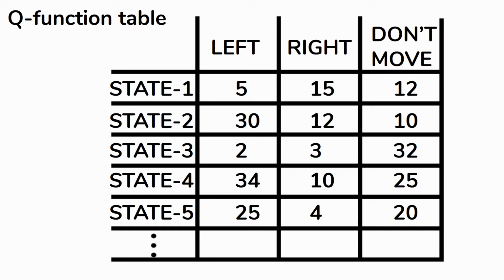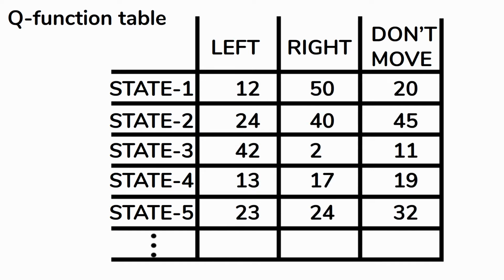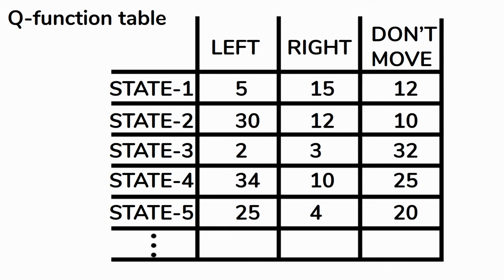So the job of our agent is to take the action with maximum value, and it will ride the track without any collision. But there is another problem. The agent doesn't know the action value function of an environment when it interacts with it at first. So we use an iterative algorithm where we initialize the action value function randomly, and then as we play episodes of our game, we update the action value function such that it converges to the true action value function of this environment.